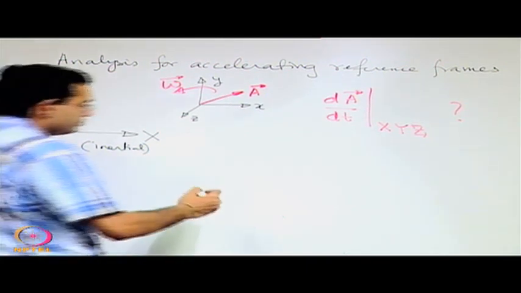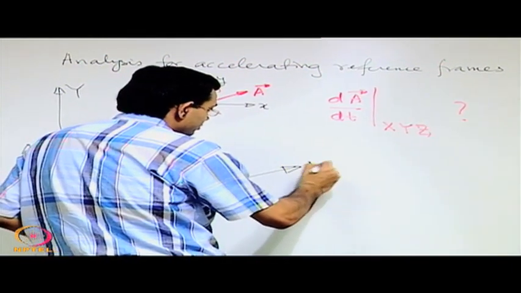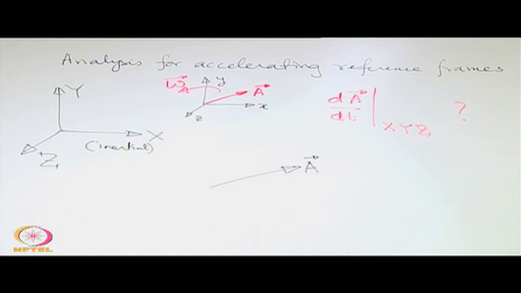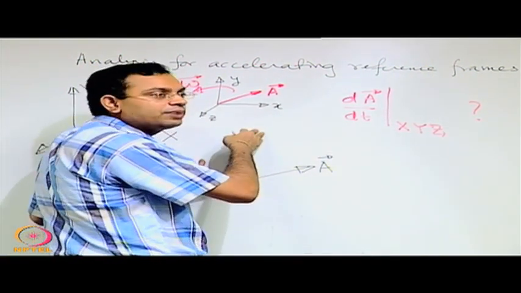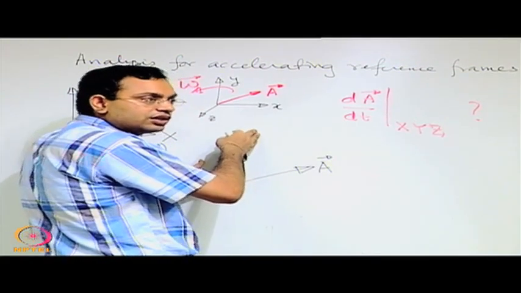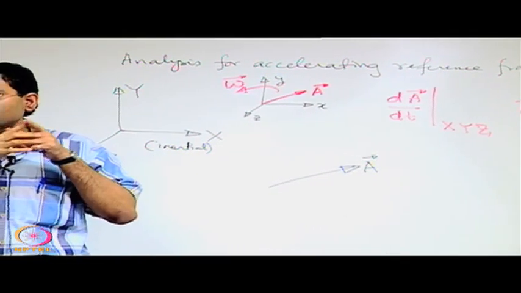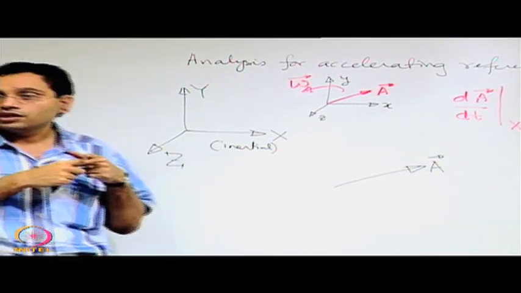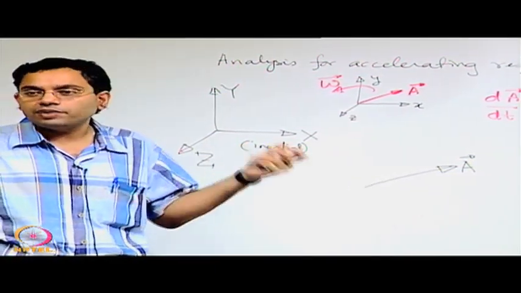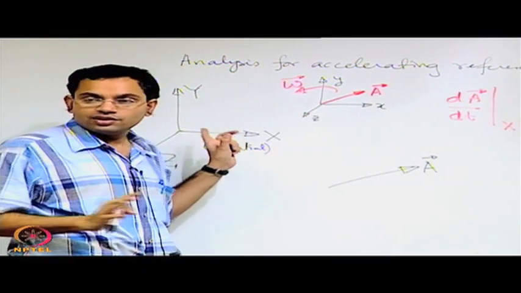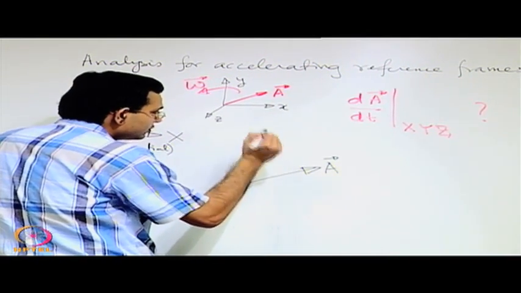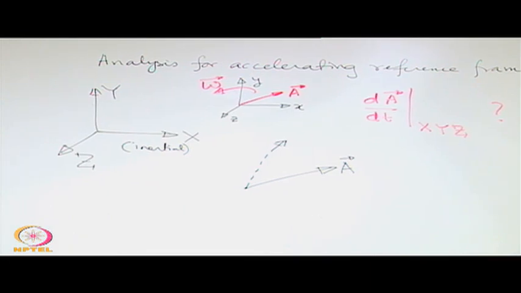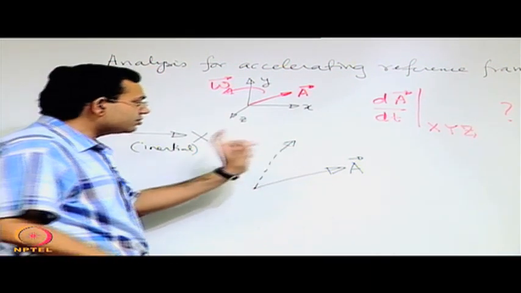Say you have a vector A which is there in a reference frame that is rotating with an angular velocity omega. Let us say that the angular velocity is such that the rotation is taking place in the plane of the board. The rotation will take place in some plane. What is that plane? The plane is perpendicular to the axis of rotation. It might not be xy plane or yz plane, but it is some plane. So, in that plane this vector A is rotating. So, when it is rotating, it comes to a new